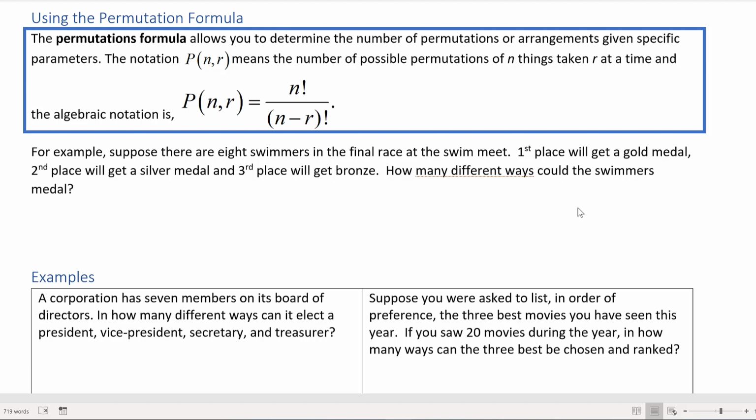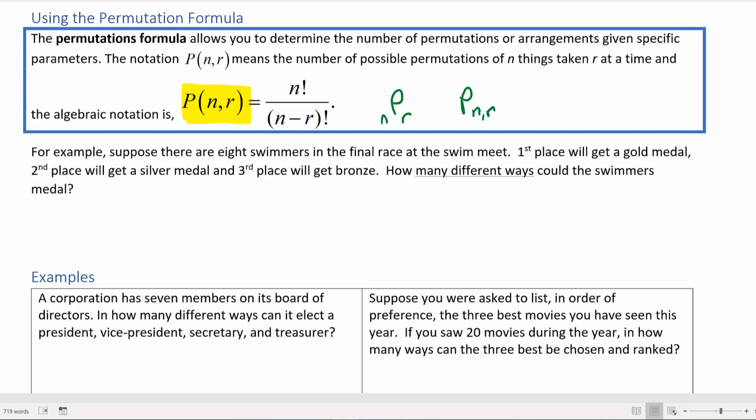Some books and some calculators use the notation nPr, like this, where the n is a subscript, small and low, and some write it like this with a subscript of n comma r. So if you ever see any of those, these are all the same. Our book uses this one, so that's why I chose to use that one in our notes. But your calculator might have a different notation, or another book might have another